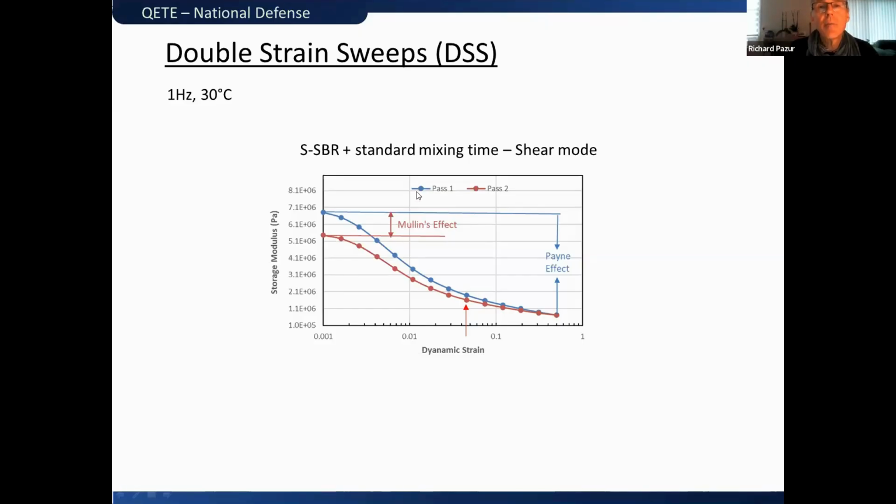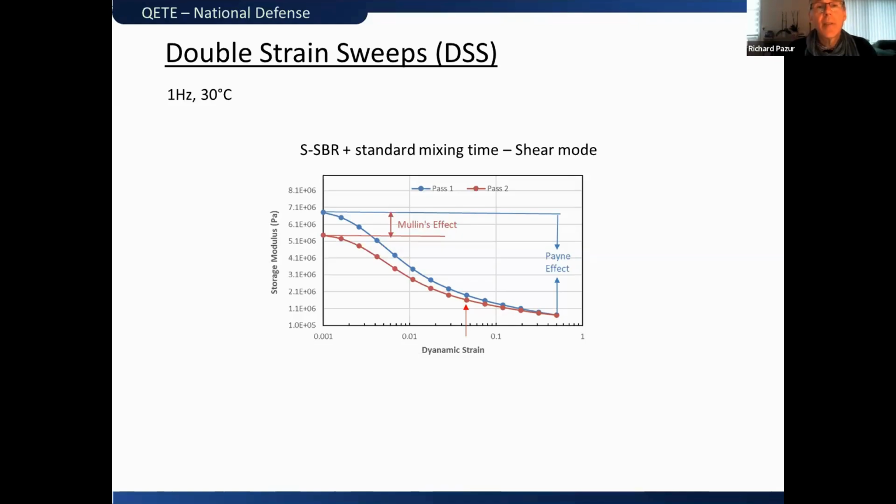And what happens? So we do 2 passes. Pass number 1 is the blue. We start out here, high storage modulus, and then the storage modulus goes down, down, down, down. And then we bring it back and we start over again, pass 2. You can see that all the values are lower on pass 2. And if you keep going, you do pass 3, pass 4, you don't see that much of a difference between pass 2 and afterwards. But I've seen people go up to maybe past 10, even that. But anyways,